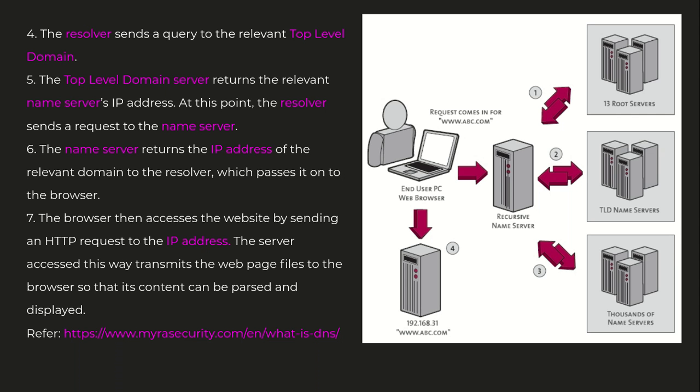If it is not available, it will be routed to the root server, and the root server will return the top level domain name server, which will be the .com server in our example. Then the .com servers will return the name server, or authoritative name server IP address. Then the resolver again makes the request to the authoritative name server, which actually has the IP address of the given domain. Then it will return the IP address of the requested domain.